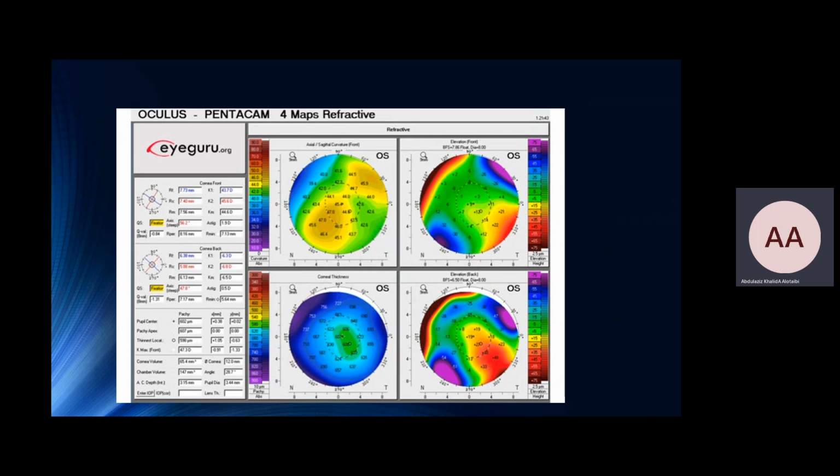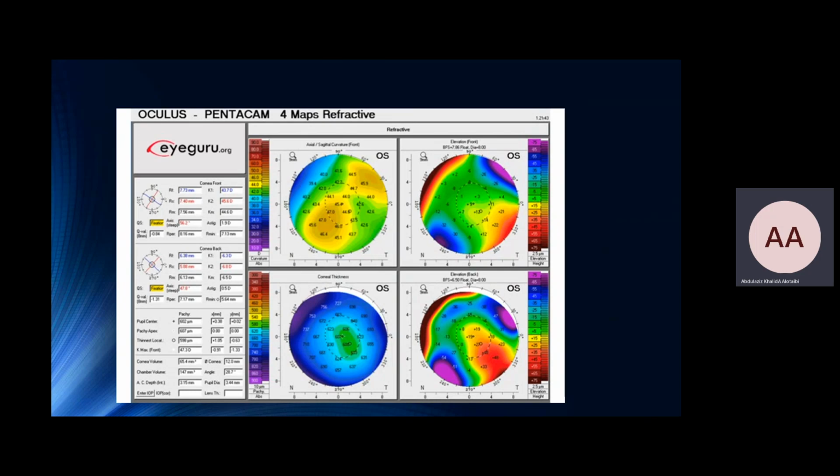After that, we'll move to the posterior elevation map. The button looks like a tank-like pattern. Again, I want to compare the difference between the 5 millimeter zone and see the difference among the values. And look at the corneal thickness map and see the thinnest location compared to the Becky apex. So the thinnest location here is